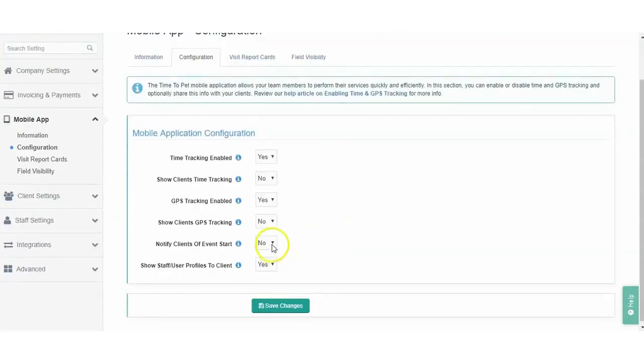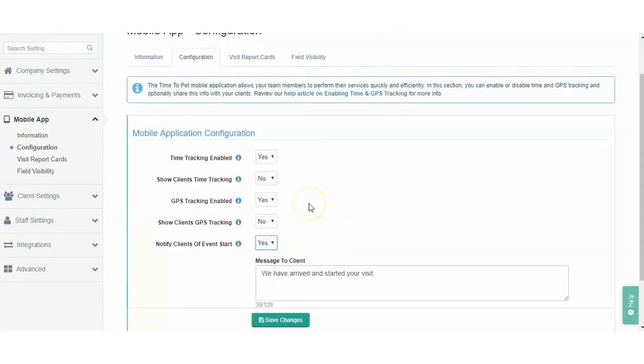If you choose to enable this setting, an additional field will appear where you can customize the message that is sent to clients at the start of their visits. Note that time tracking enabled must also be set to yes to be able to send event started notifications. Once you've enabled Notify Clients of Event Start here, you'll be able to enable or disable event started notifications on